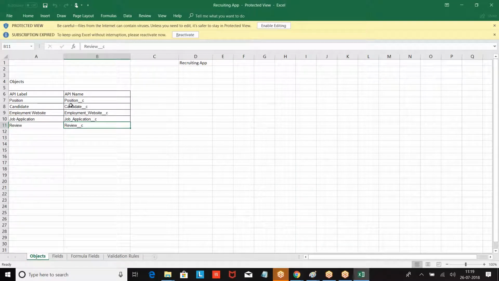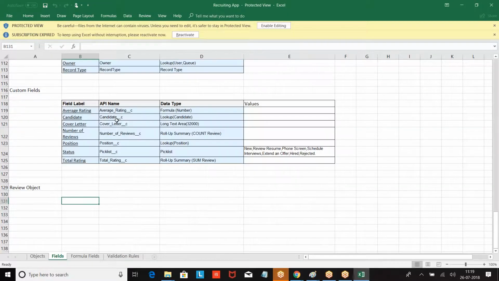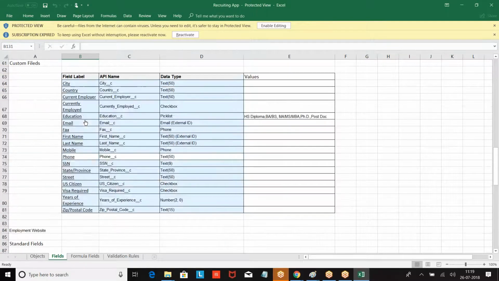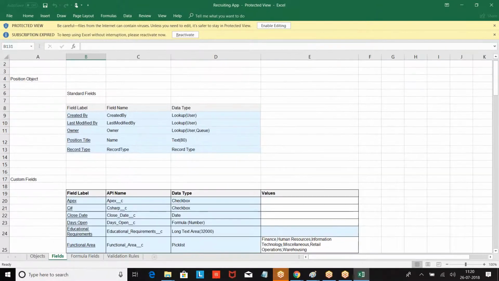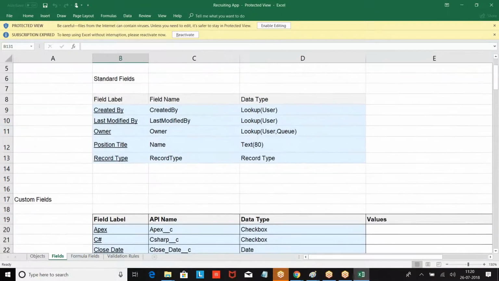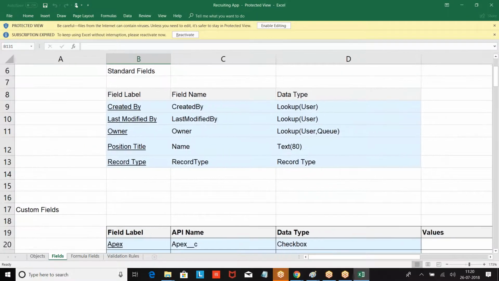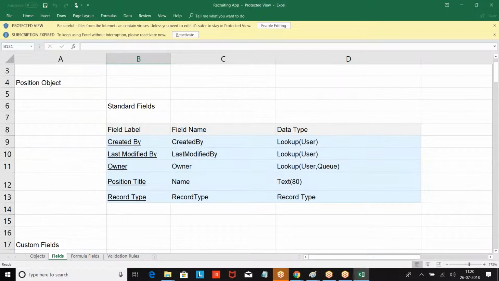Now, first I am trying to create the position object. First let us create the position object. We have a couple of objects and fields. Let us do this. Position object. Now, what is the name of the object here? Position object. Now in this,